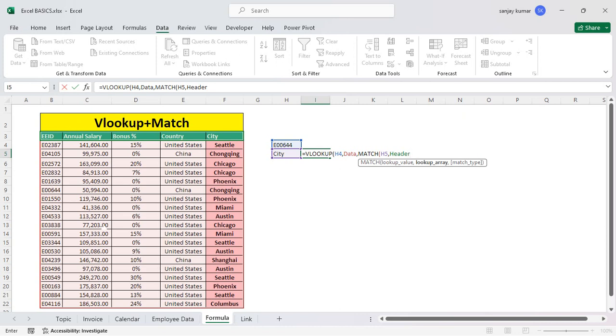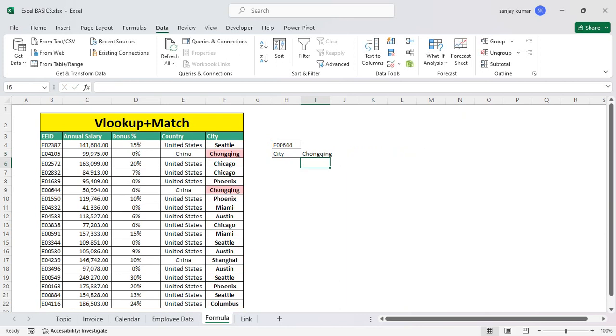So what we are trying to do here is this formula. First it will check this employee ID column, and then it will go to the row and check the city name. So whatever the city name is as per the employee ID, it will give us here as a result. Now I'll select 0, and again I'll choose exact values. Once you enter, as you can see, automatically these values got highlighted because we have this